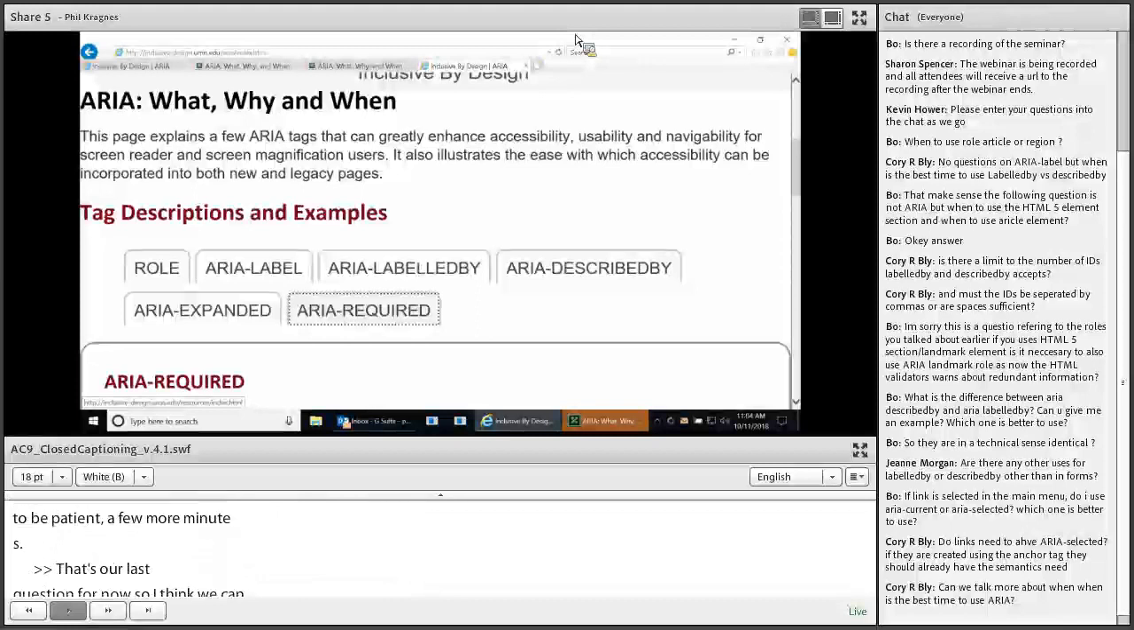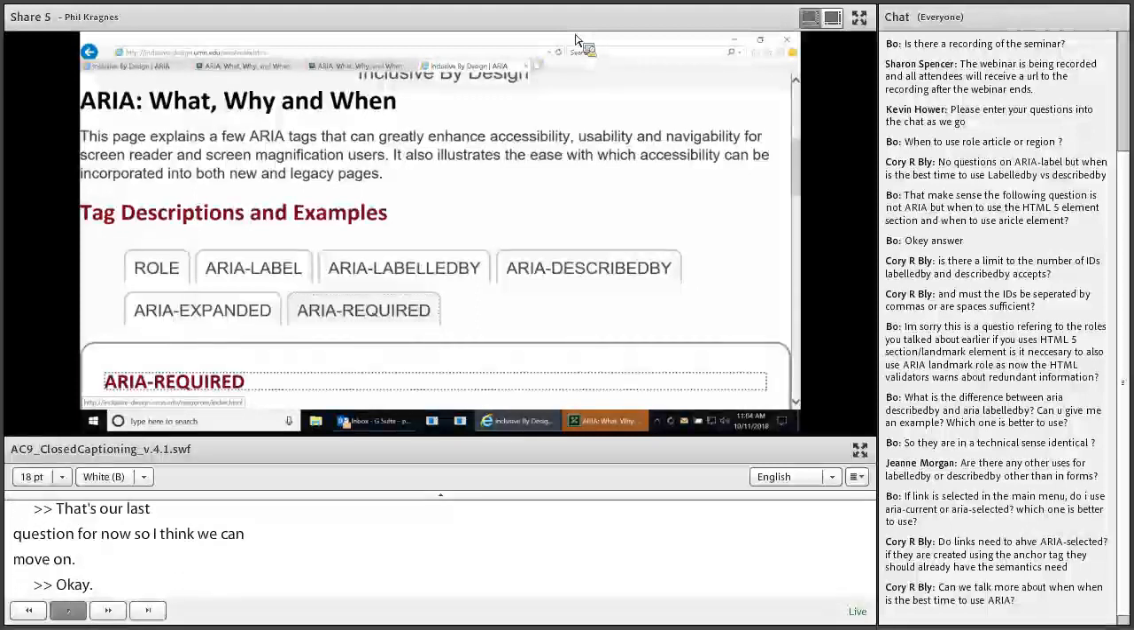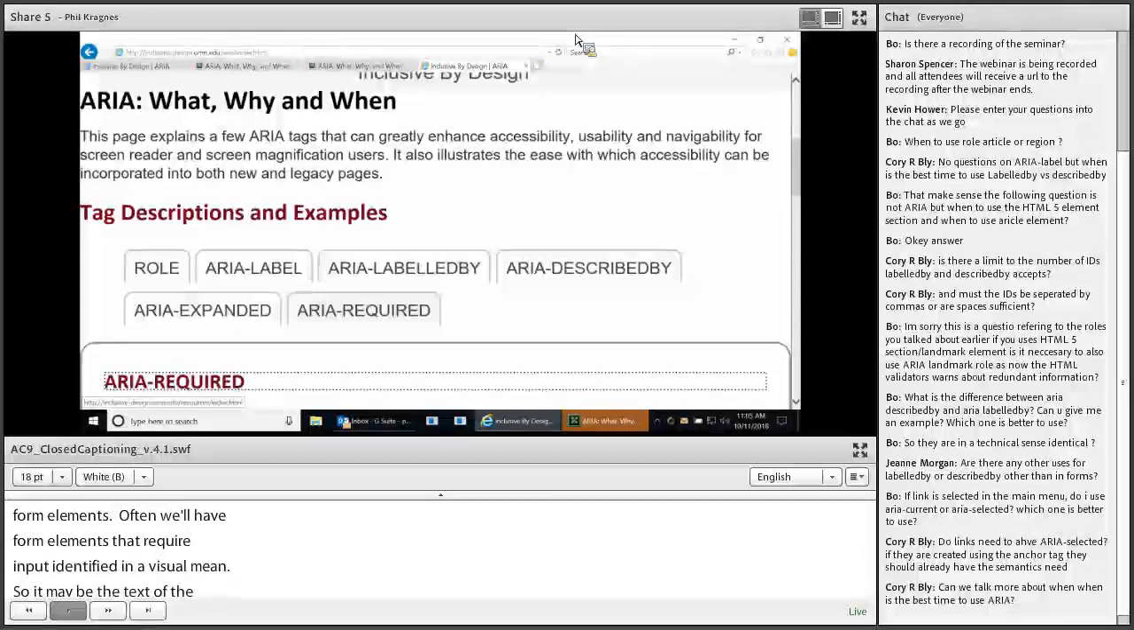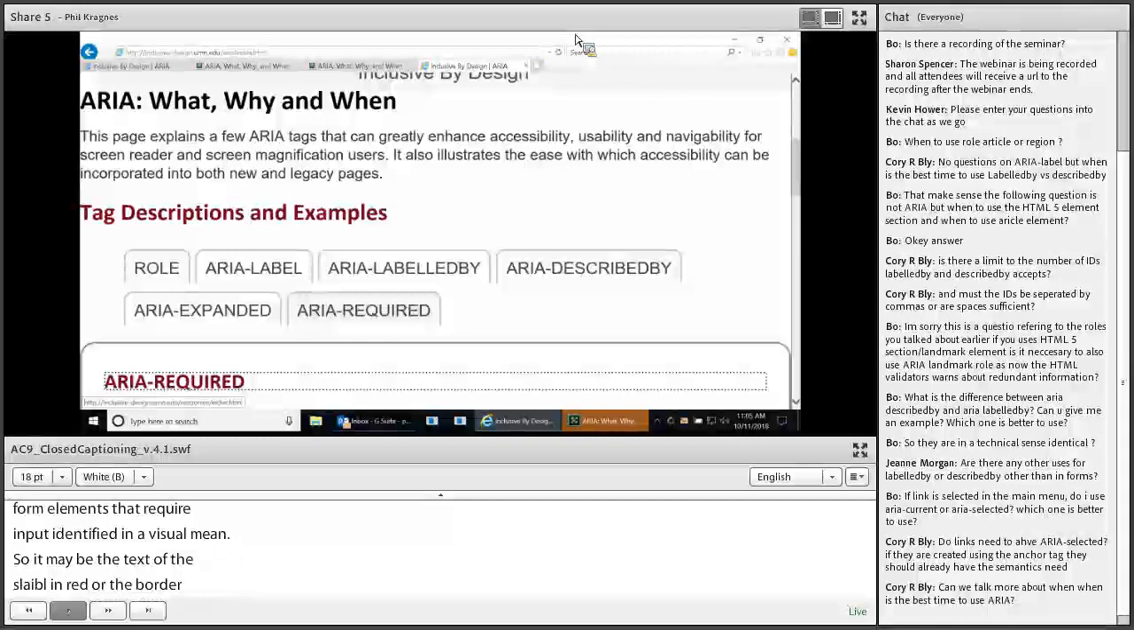Okay. ARIA dash required tab select. Okay, so ARIA required. ARIA dash. This, of course, pertains to form elements. And often we'll have form elements that require input identified in a visual means. So it may be the text of the label is in red, or the border around the edit field is red, or color alone is used as some kind of indicator. And this violates WCAG standards. Using color alone,